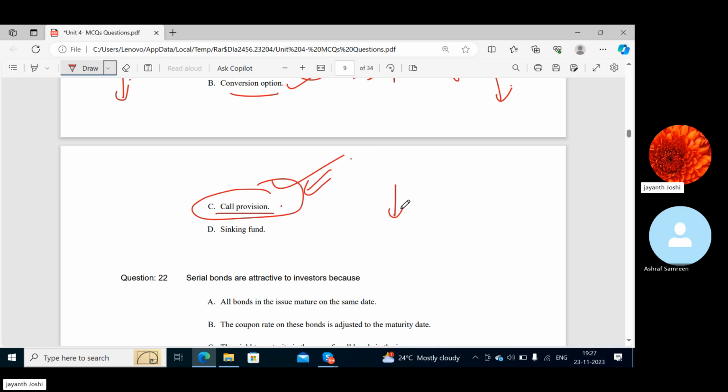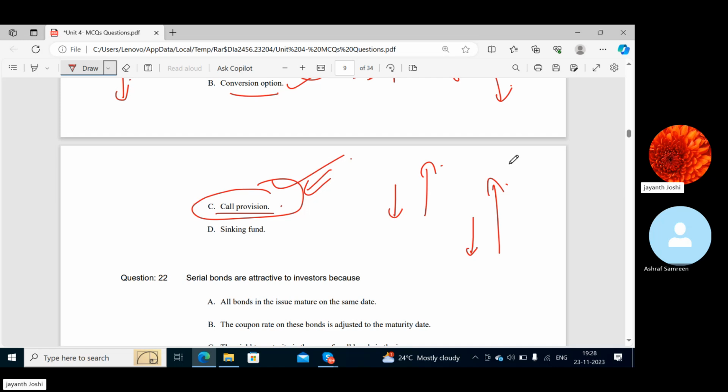When the bond price decreases, what happens? The interest rate should increase. There's an inverse relationship, right? So the issuer may take advantage of a decline in interest rates. When interest rates are decreasing, the bond price will automatically increase. But under the call provision, the issuer would be buying the bond at some specified price which will be lower than the market price. So this is not acceptable to the investors, because even though they should get higher prices for the bond, the company with the help of the call provision can buy the bonds at lower prices from them. And that is not acceptable for them. Are you understanding?